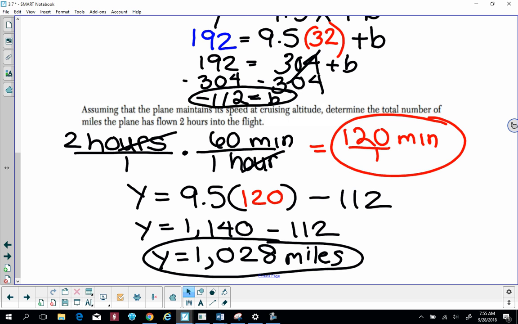And I have an extra practice for this too, so I'm going to give that to you if you want extra credit. It's just a word problem that looks like this, and you can do it over the weekend for some extra credit, especially if you know you're going to need help with this. So what we're going to do now, if you guys want to